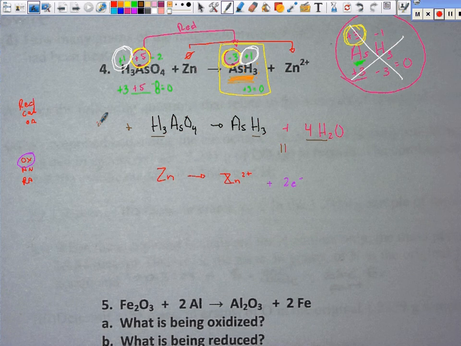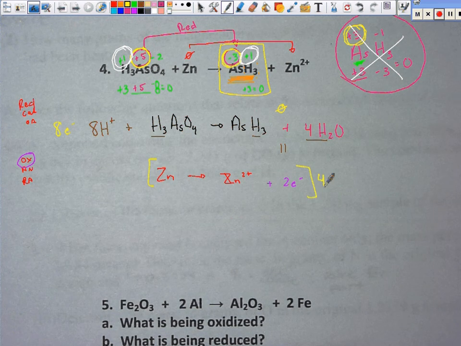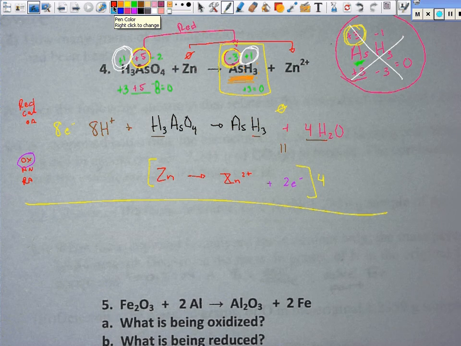Now we need to balance those electrons. So multiply the whole bottom by 4. That way it'll give me 8. And please do not forget, you got to add your half reactions. Okay. All right. So we're gonna have 8 H pluses plus H3AsO4 plus Zn. It's going to go to AsH3 plus 4 H2Os